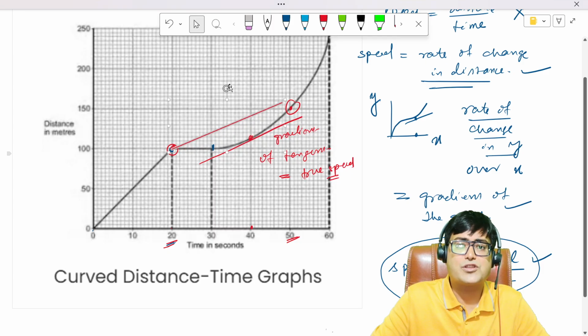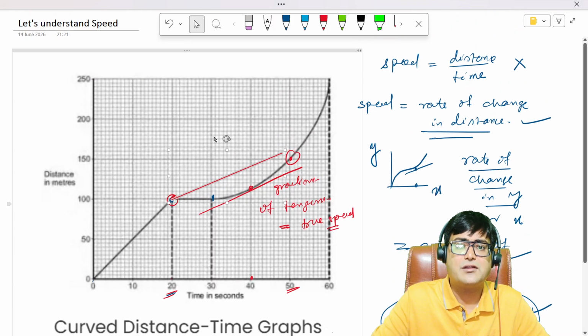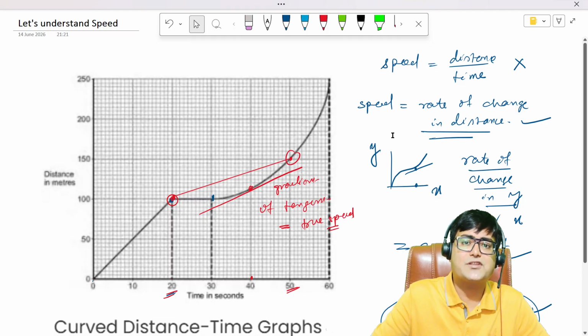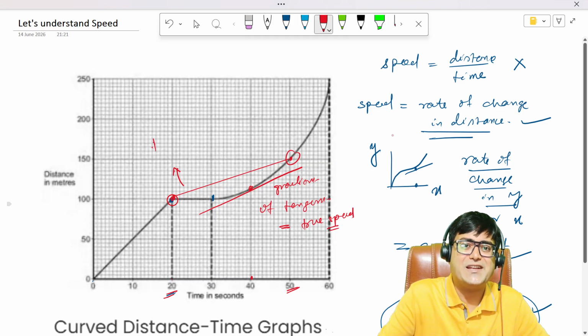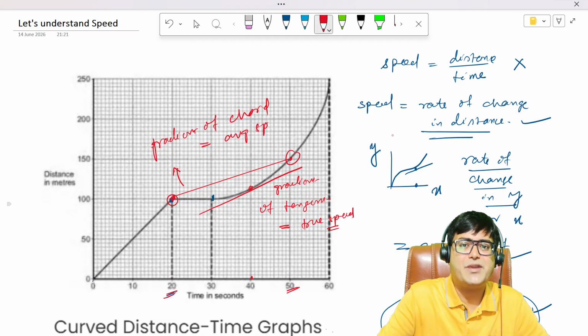So you're going to have to draw a straight line like this. Now that we are done with the straight line, we understand this is not a tangent anymore. This is a chord. So the gradient